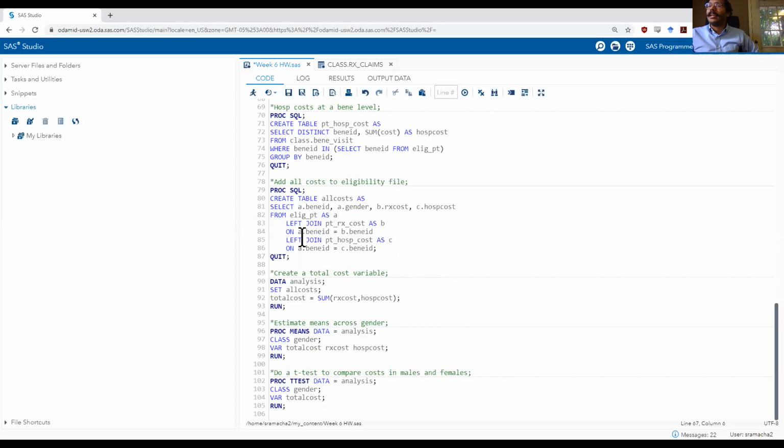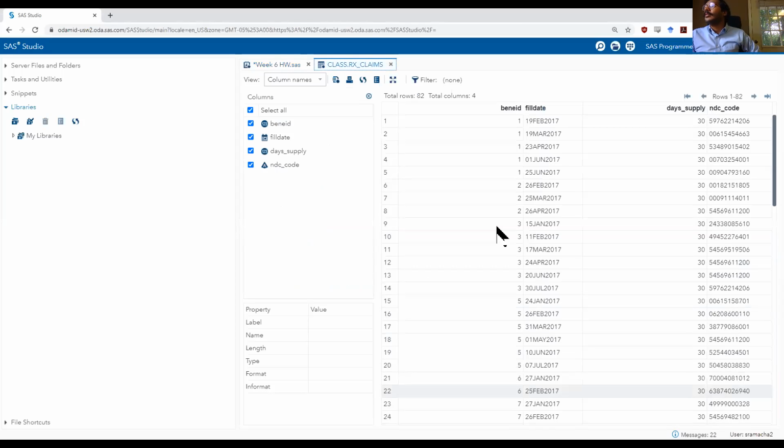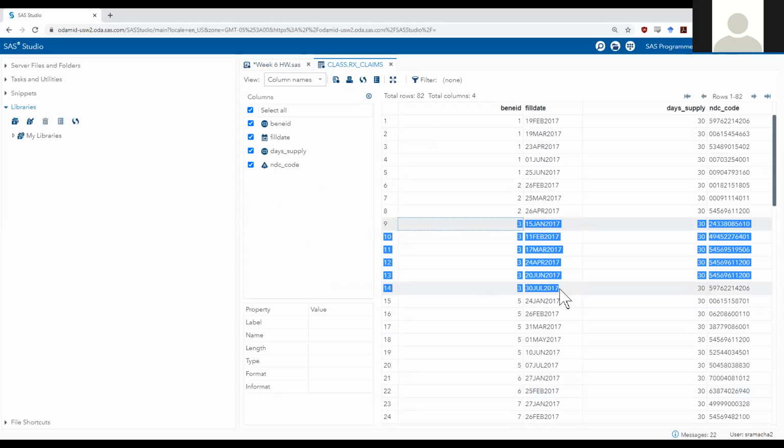You think we still haven't fixed the problem? If you open the class RX claims, original file, in the beneficiary ID three, there is still repetition. The second last and third last. So what we have done is that we just erase all the repetition, so it will also go away, won't it?